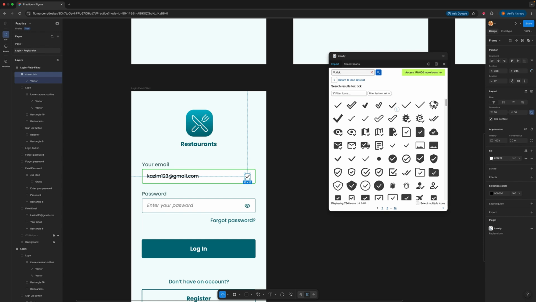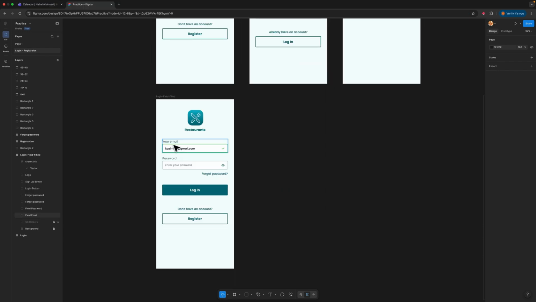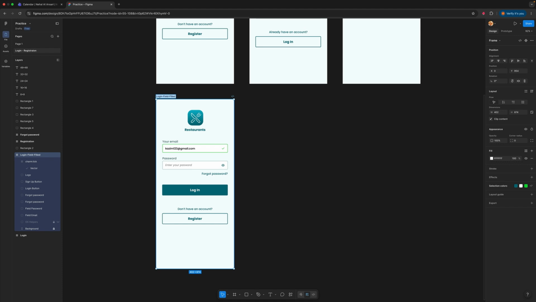by again coming up to the stroke, and I had already chosen the green over here, so I'll click on this. So you can see I have made the tick green as well, so that means our email field has been entered successfully. After you have done that, then just come up to the top name of this artboard and change it to login email